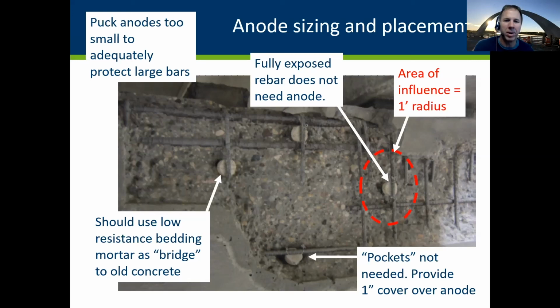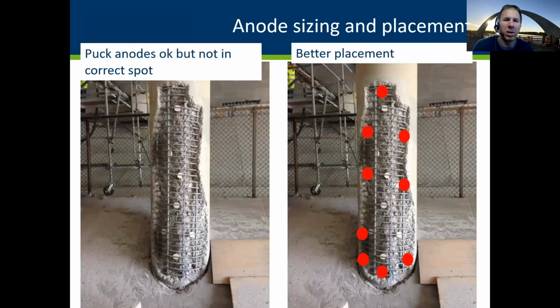In the past, contractors were bidding very high prices for these things, thinking that they had to carve out these pockets, and the labor to carve out a pocket is really expensive, but it's really not necessary. They could simply attach the anode to the steel and embed it in the concrete repair and just provide 1 inch of shotcrete over that anode. The challenge is that I'll get to in a little bit, I guess. So let's look at a placement of the past versus a better placement.